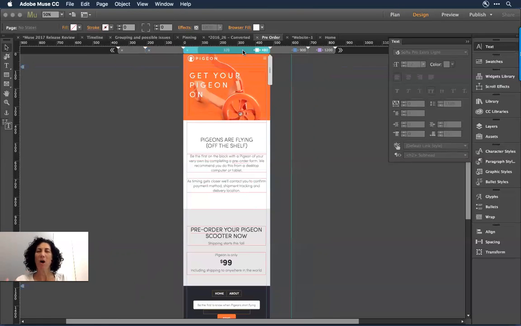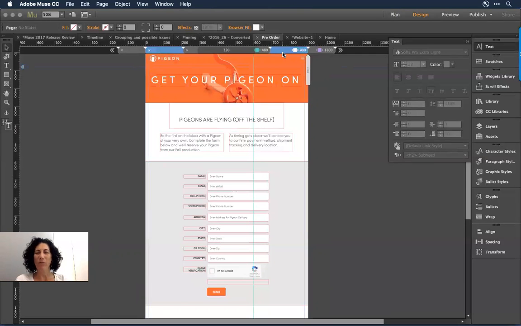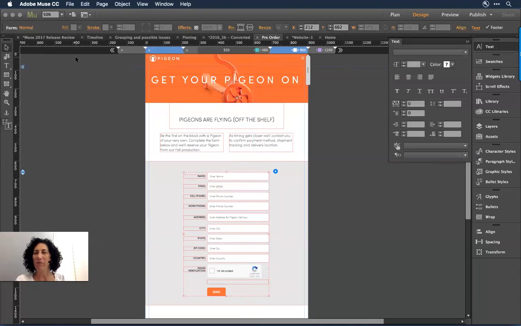When you put in all of this concerted effort to build out elements that work well across breakpoints, you can now really leverage that in a productive way. So let's say I have gone in and I've built out this form, and if you've ever dealt with forms in Muse, they're kind of a labor of love. There are so many states of form elements. If I click on this form for a moment and bring up the states panel,